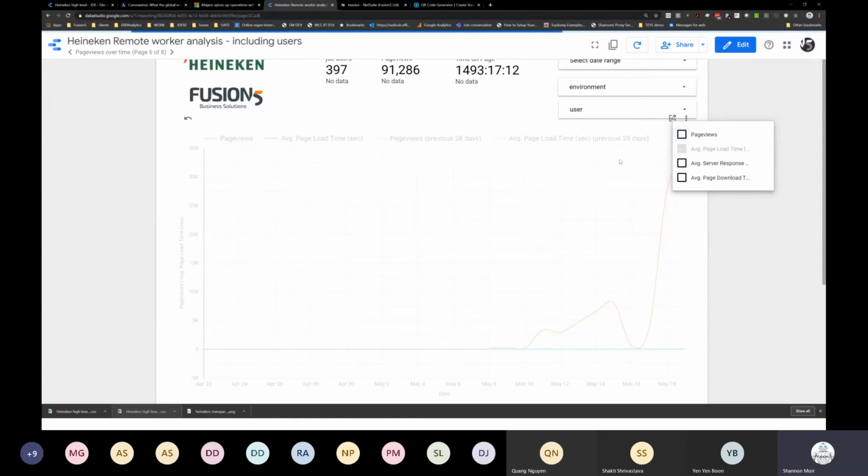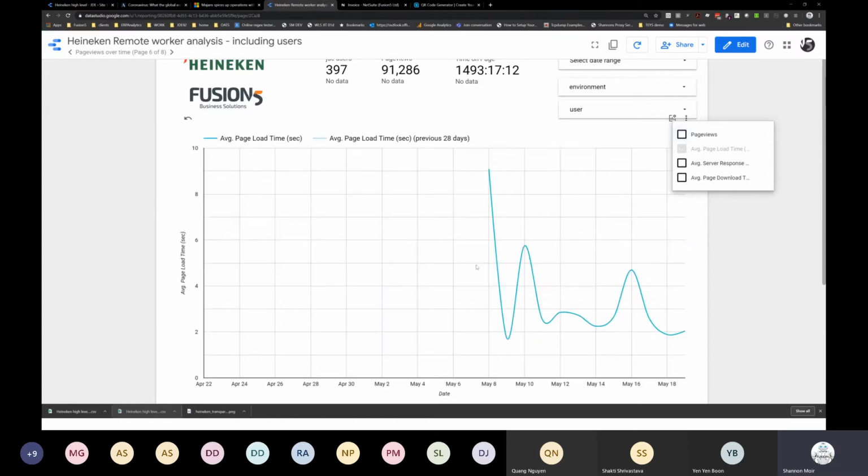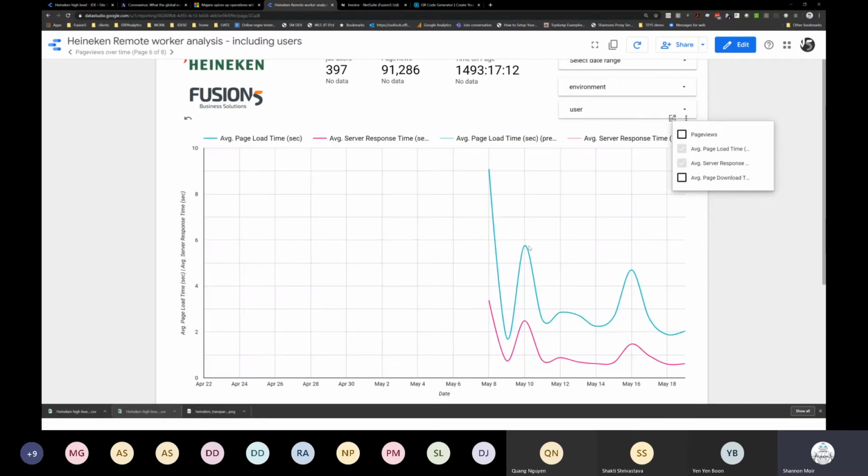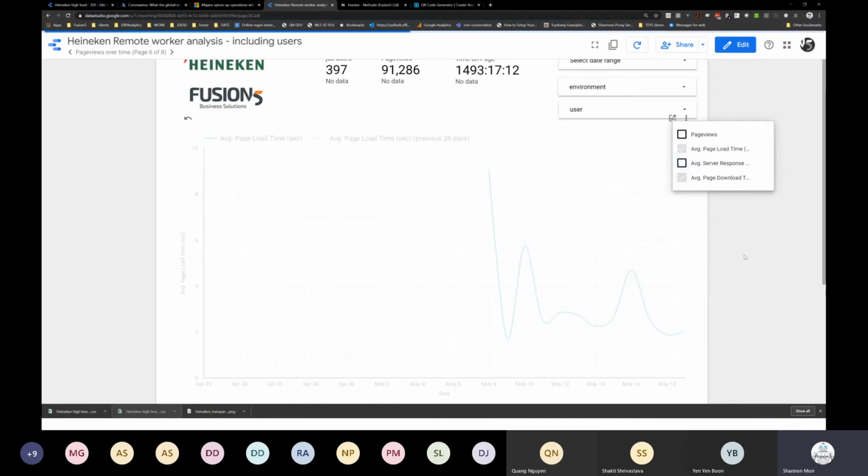So if I get rid of page views and I just look at page load time, we get to see, on May the 10th, it was a little bit slow. And then we get to see, we've got consistency, the 16th, it was slow. So we're able to slice and dice this data and see if the servers are slow. So you can see generally when the page's response time is slow, the servers are responding in a very similar pattern, and this is quite common with JD Edwards. But we need more data from your site to make any good observations on exactly what's going on, and then